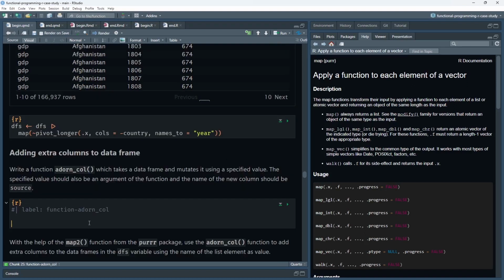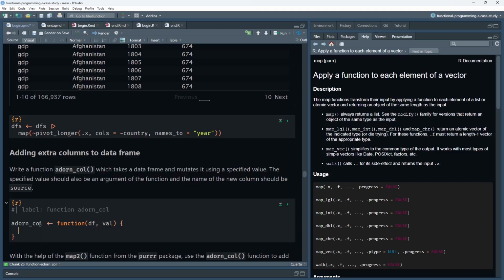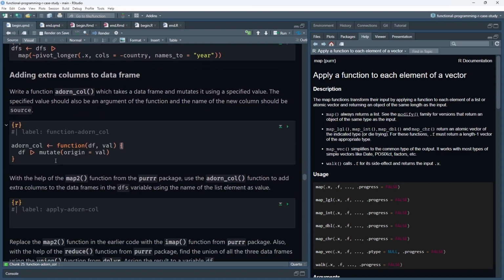Let's create the function add_on_call that will add an extra column to our data frame with a specified value. The function will take two arguments, a data frame df and the desired value for the new column. We will use the mutate function to create the new column and name it origin. I will later demonstrate how to modify the function to accept any desired column name instead of the hard-coded origin